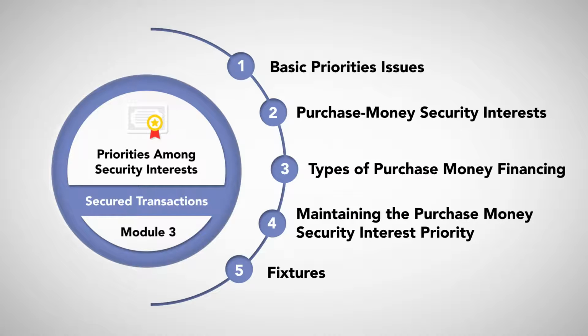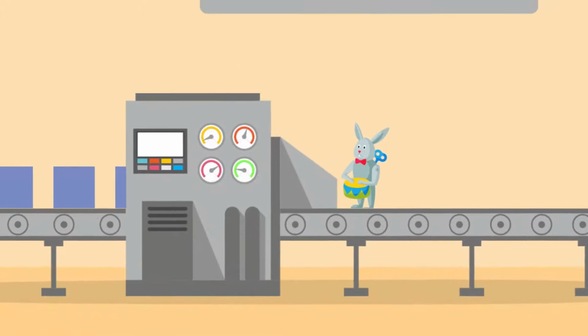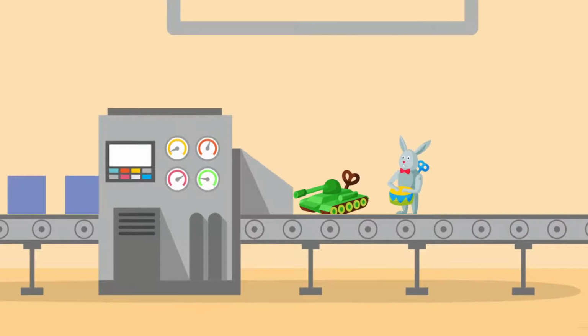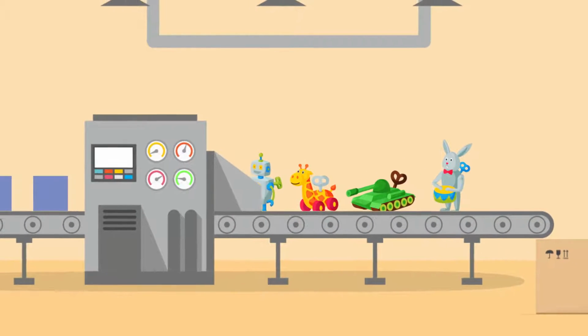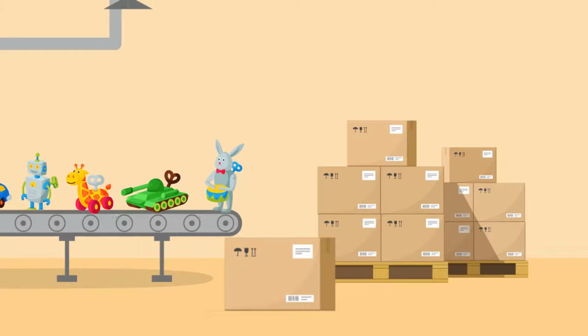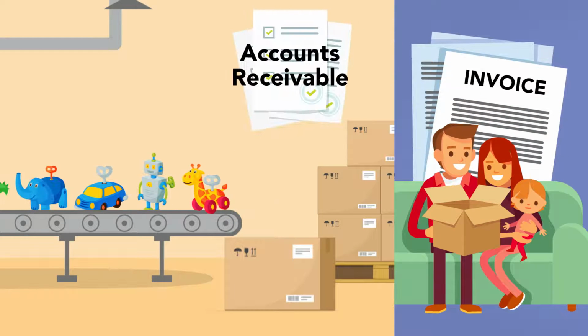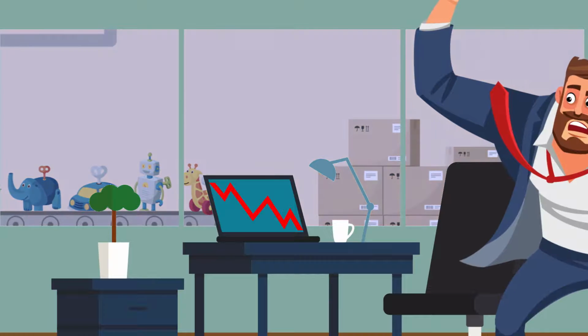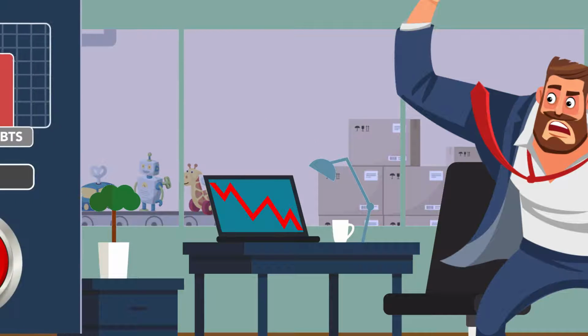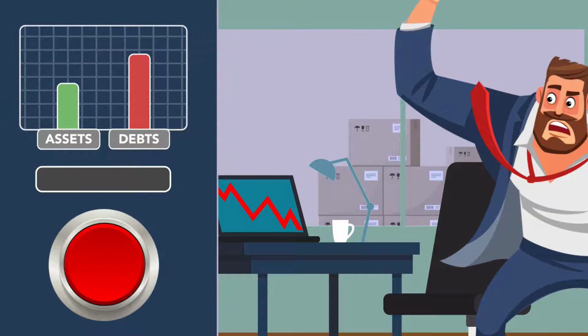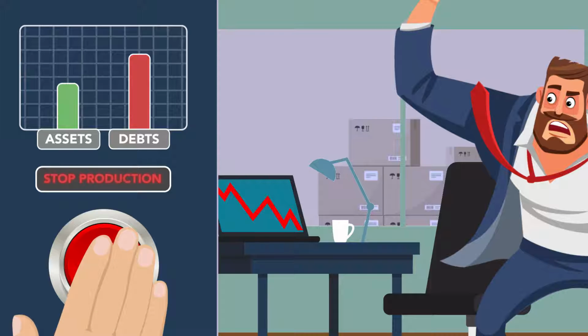Imagine the following scenario. There's a widget manufacturing business with a wide array of assets, including manufacturing equipment, a warehouse full of inventory, and accounts receivable from customers who pay their invoices after receiving widgets. One day, the business stops operating after it becomes apparent that its debts exceed its assets and it is not capable of turning around to make a profit. The owners lock the doors and freeze the business assets.